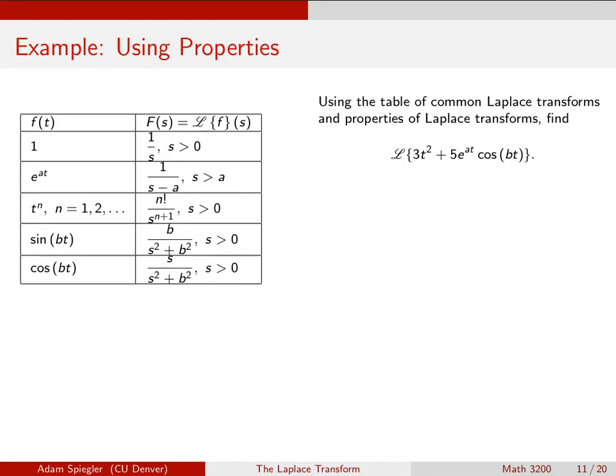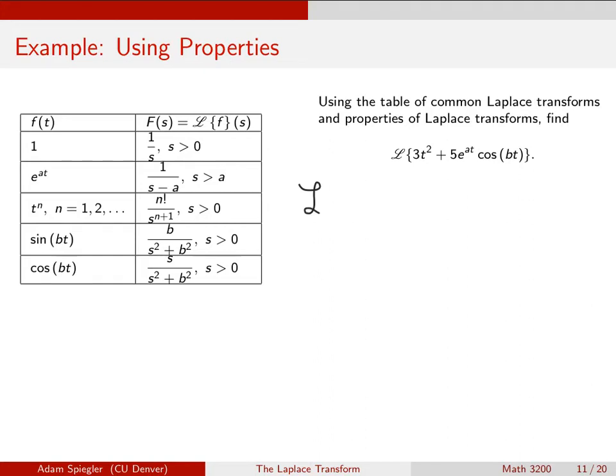So like I said, I don't expect you to memorize all of these Laplace transforms or to verify them every single time. So you can use this like a table of integrals, like a little shortcut for some of these problems. So first thing that we can do is use the linearity properties of the Laplace transform,